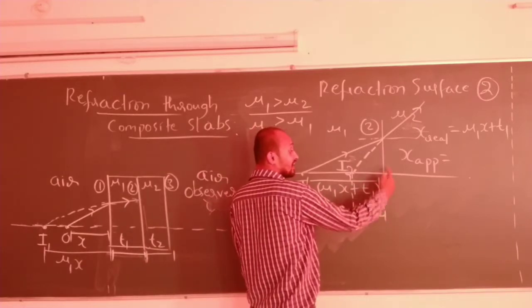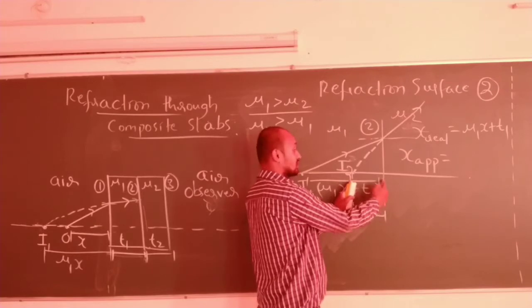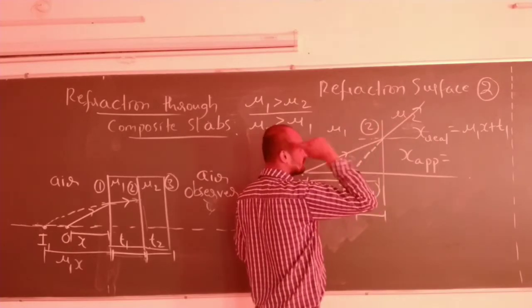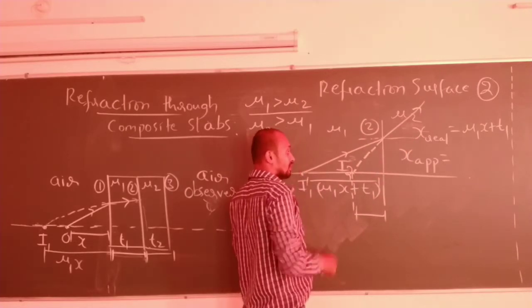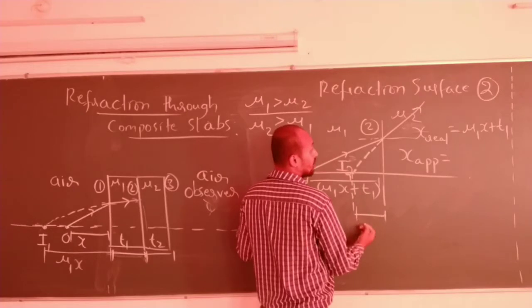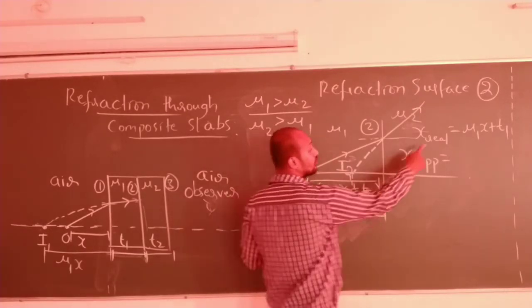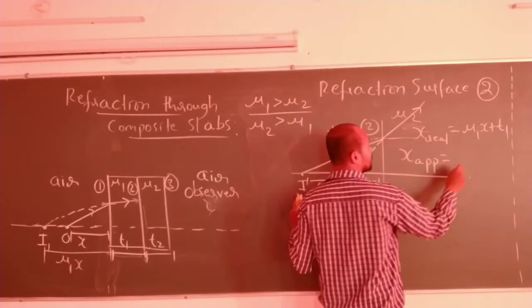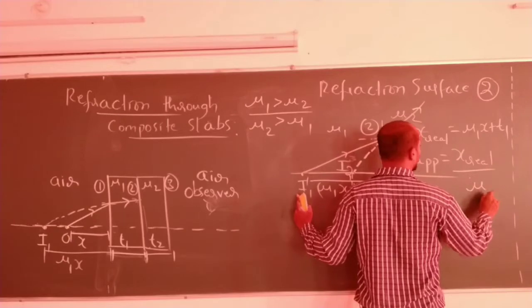This is a real depth, we call it x real. This will be the apparent depth or apparent distance for I2 because of refraction through the second surface from medium mu1 to medium mu2. So how much will it be? It will be x real divided by the refractive index of,